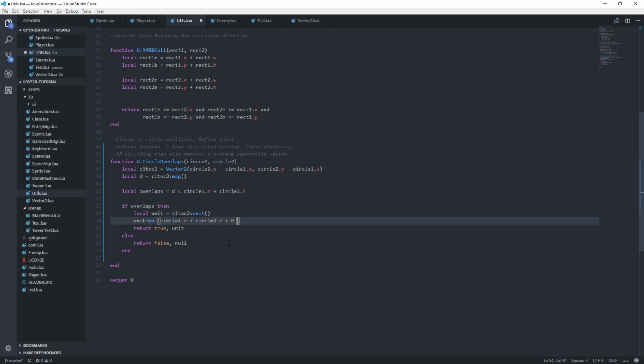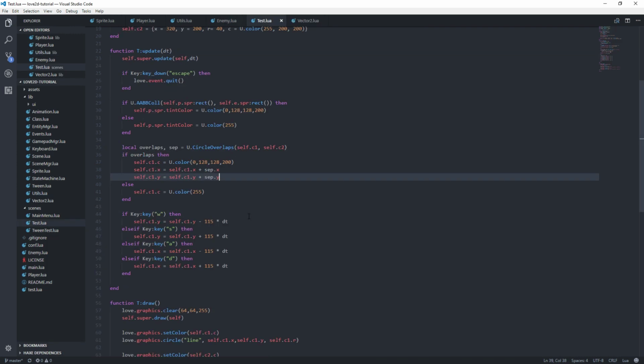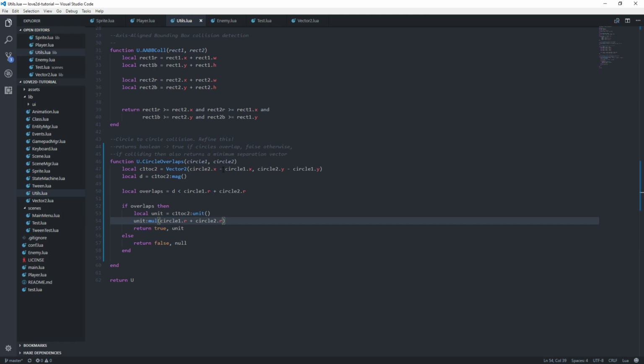Okay, never mind. You know, really, you should be able to do that, but yeah, actually, you're really wanting that over how much overlap it is. So you would take,